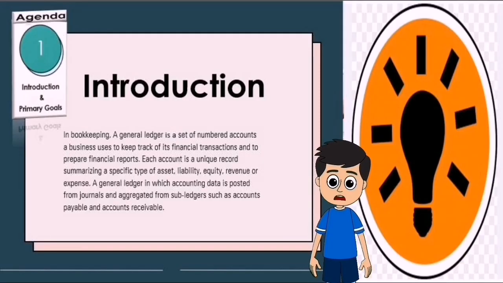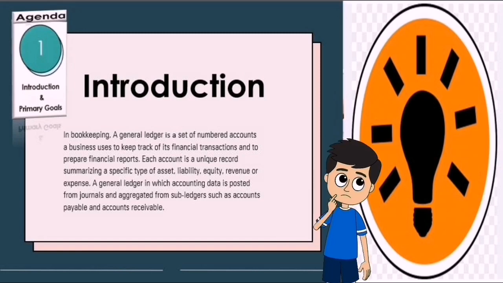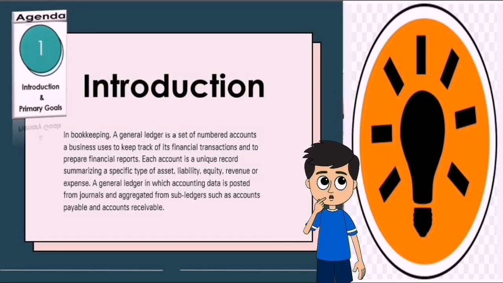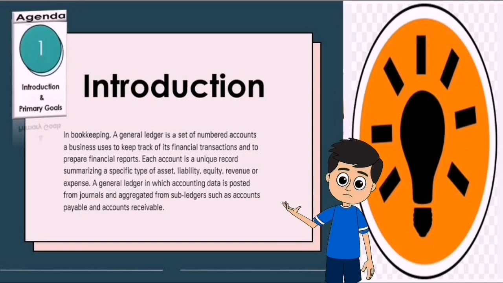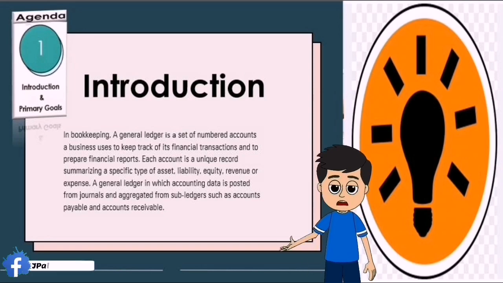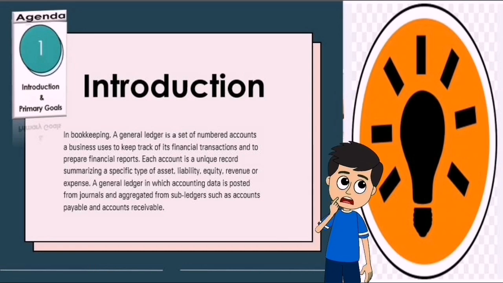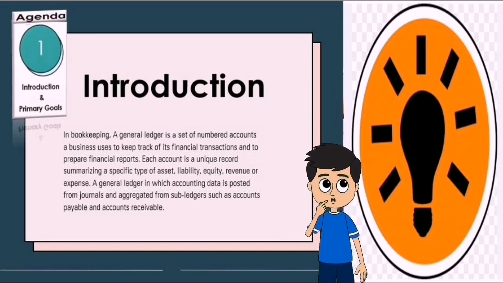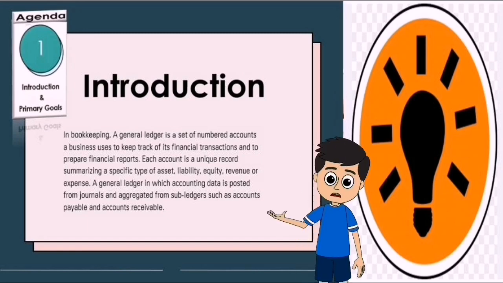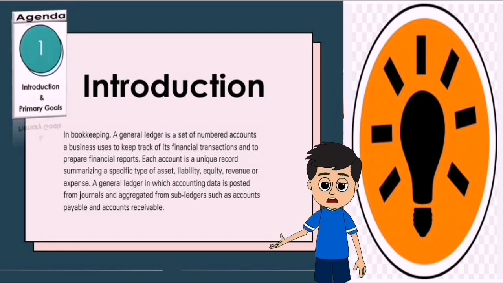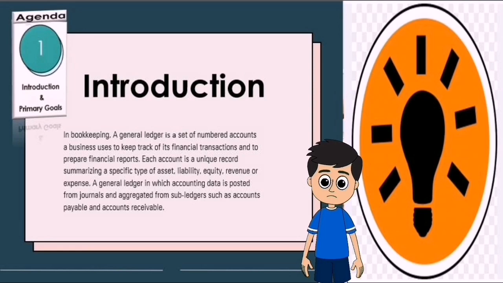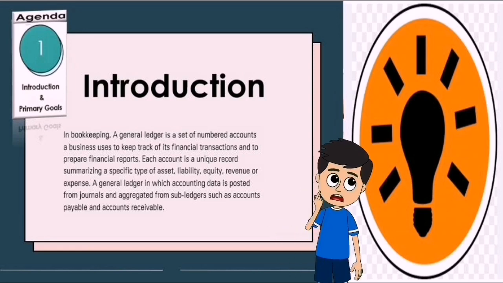Introduction. In bookkeeping, a general ledger is a set of numbered accounts a business uses to keep track of its financial transactions and to prepare financial reports. Each account is a unique record summarizing a specific type of asset, liability, equity, revenue or expense. A general ledger is where accounting data is posted from journals and aggregated from sub-ledgers such as accounts payable and